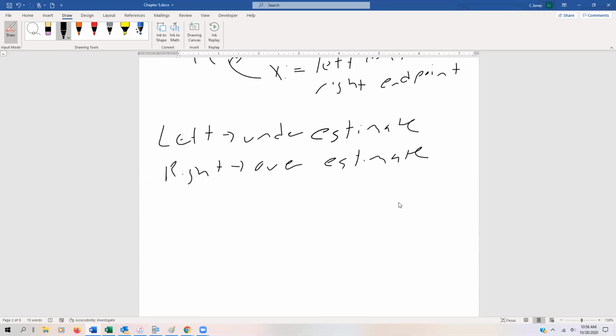Now, ultimately, and this is going to be a little bit later in chapter 5, the best approximation is when we take the limit as n approaches infinity rectangles. And you might remember all the way back from chapter 2, we did infinite limits. So if we could somehow infinitely partition,